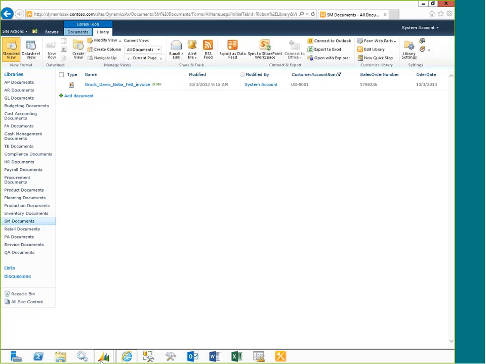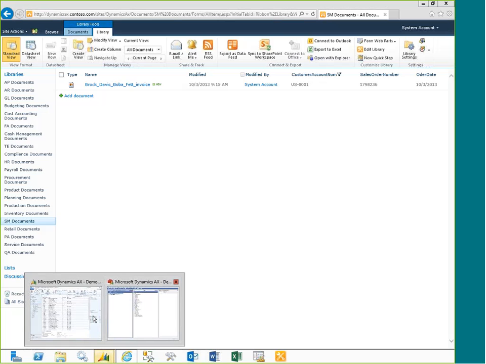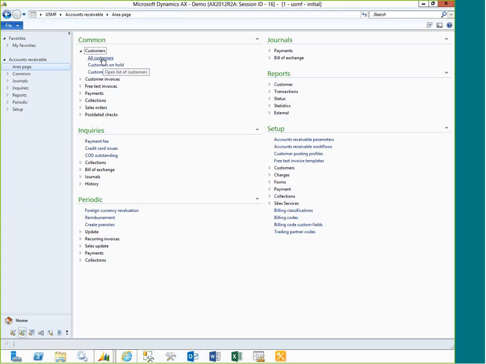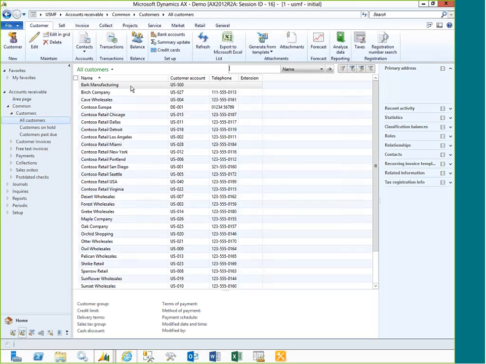If I go to my accounts receivable and my customers, then if I have a document attached inside of SharePoint, which maybe I've added through another means, which could be scanning software or mass uploads or other archiving tools,